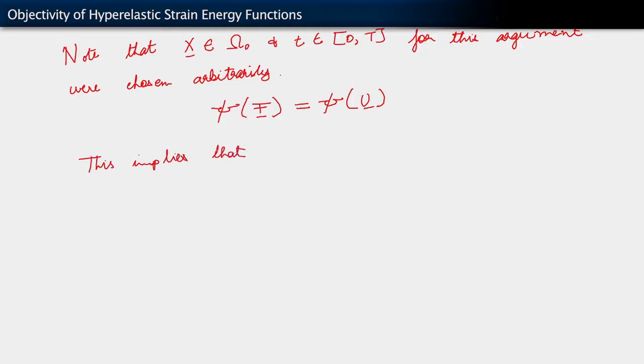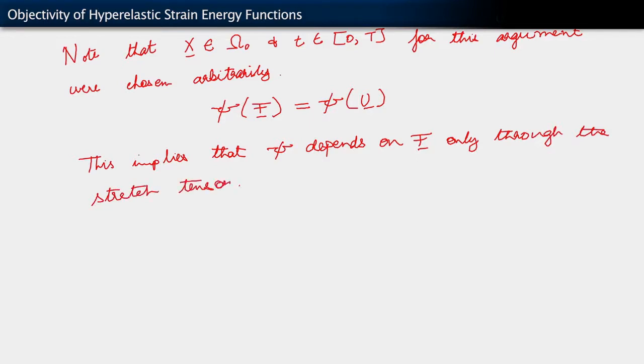that psi depends on F. Fair enough, it does depend upon F only through the stretch tensor U. That is the only kind of psi we can admit if we want to satisfy this physical requirement,